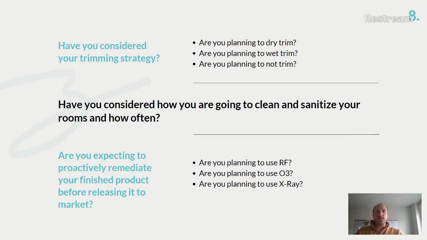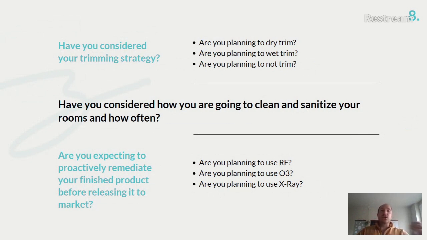But let's just say we're going to be dry trimming, and we want to do everything by hand. The number of employees that we're going to need to execute on that model is far greater than if we incorporated some or all automation. And so we're going to have to design the actual room itself to accommodate that number of employees, that number of stations. And we're going to also want to have the right level of security in those rooms because that's where so much product is handled in a tremendous volume, which is where we often will unfortunately see a good amount of leakage coming because it's easier at that point than at any other point in the process.